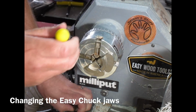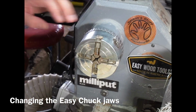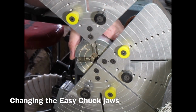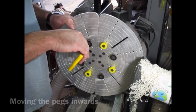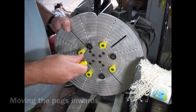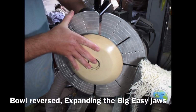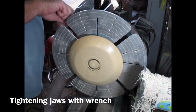Changing the Easy Chuck jaws, which is a very easy job as the name suggests. And I'm putting on the 16-inch Big Easy jaws. These are very, very useful and very easy to set up. I'm just adjusting the pegs to get the diameter right, so I'm using these in expansion mode. So I've reversed the bowl, back on the lathe, expanding the jaws, tightening up with the special wrench,